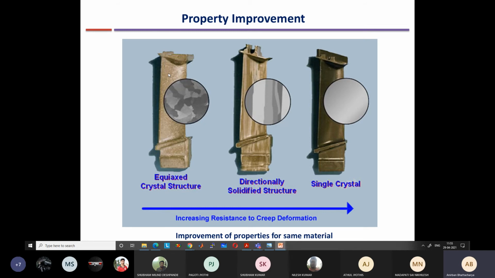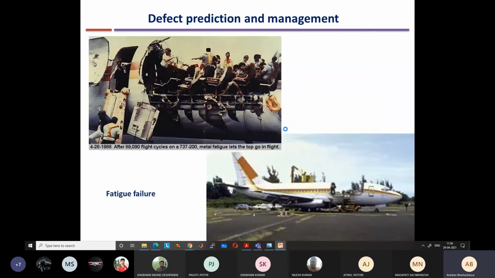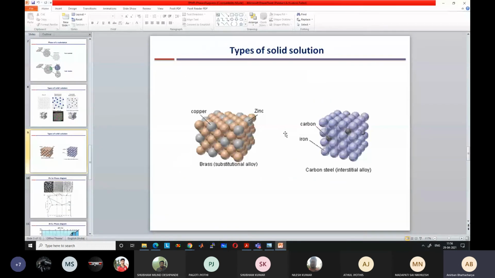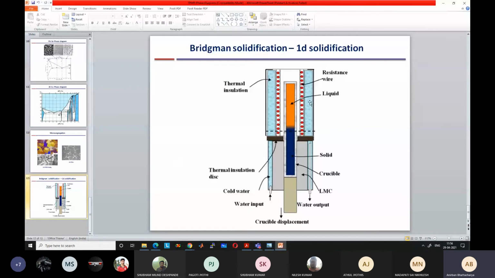Now this was during the 1950s. So to increase the strength, scientists came up with a nice idea. They found that if we can change the solidification process, instead of directly casting like this, if we can do a directional solidification. So what is this directional solidification? I will not show you all these things. So for directional solidification,